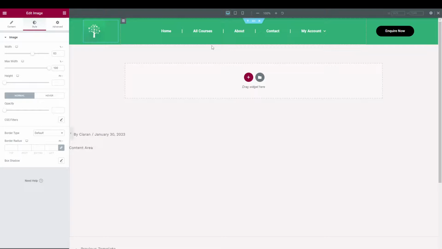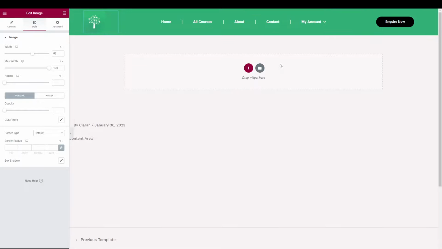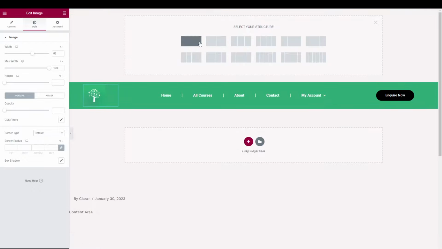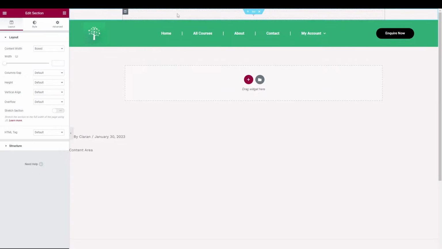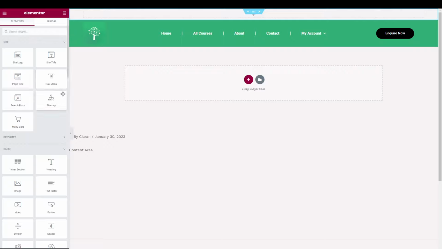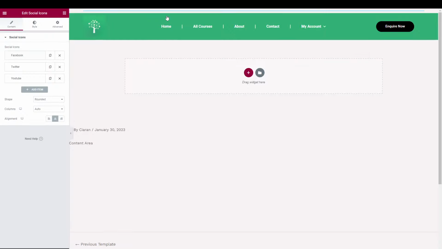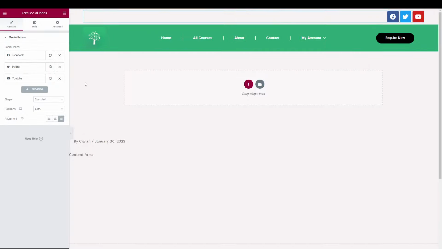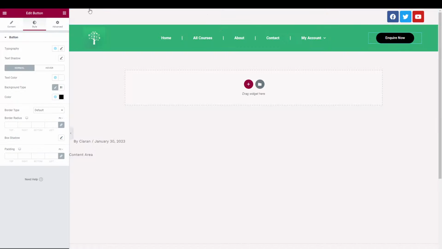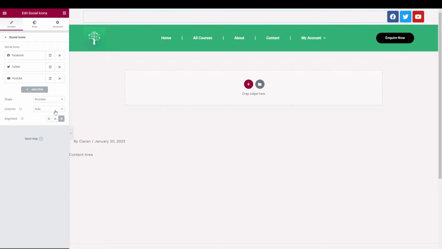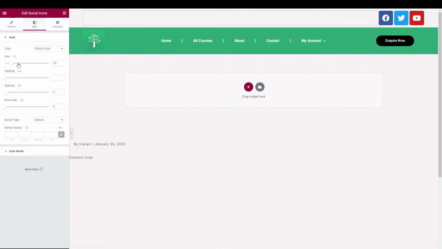And then other things you can sort of add as well is like a top navigation bar. So if you click on this plus sign and then add a one column structure, what we'll do is we'll change the content width to match the content width of the other one. And what you can do is if you wanted to add more but you don't want to make it so busy, so for example you want to add social icons, you can actually add them as a top bar at the top, so you can essentially add more things,